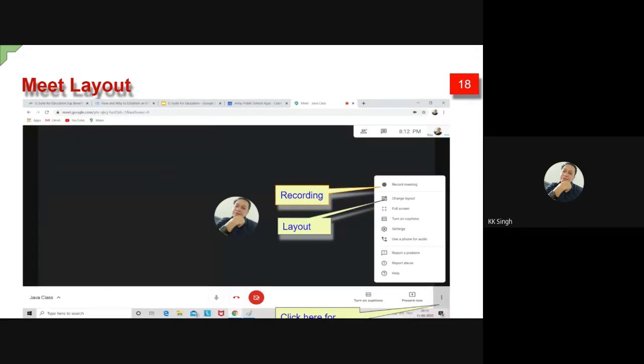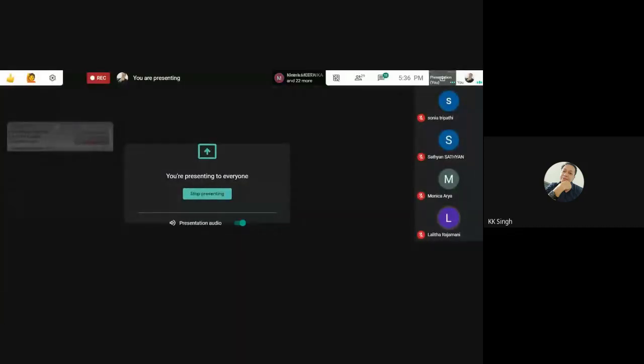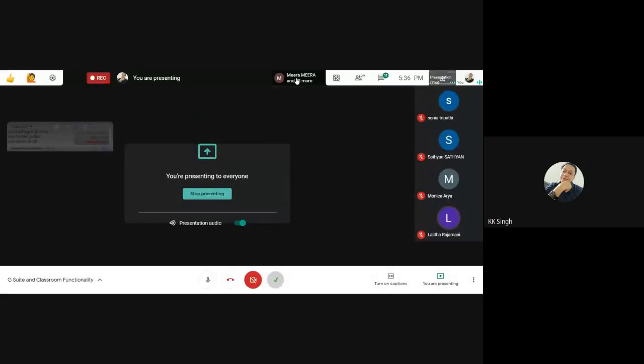Now the second option is change layout. See here, I'm showing you, this is the layout. The meeting session is being recorded, and this is the layout.